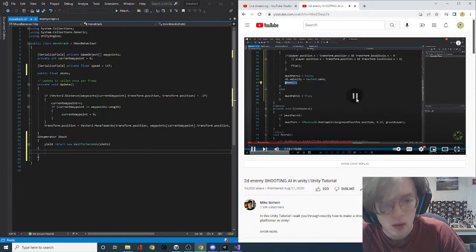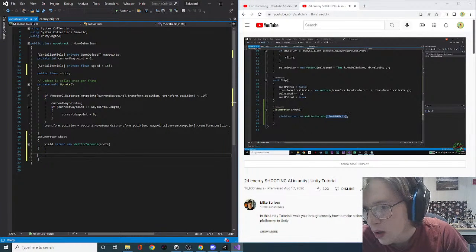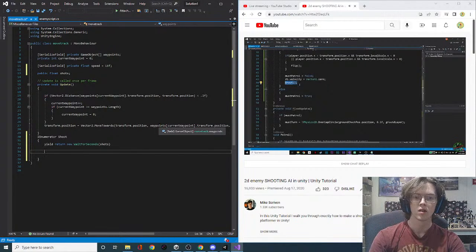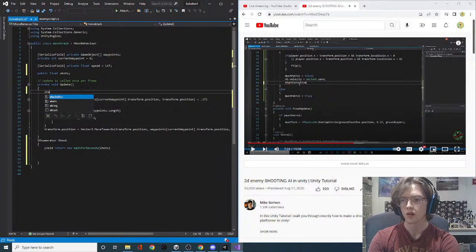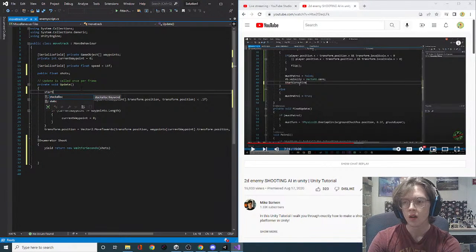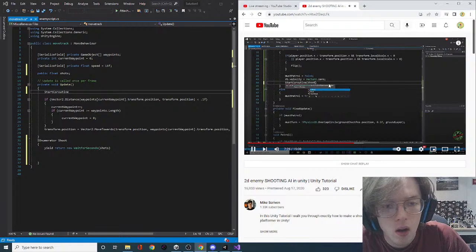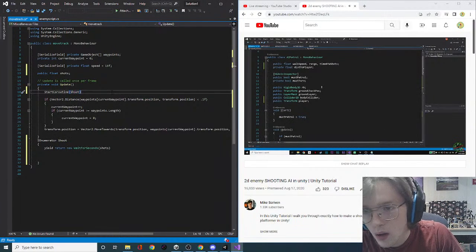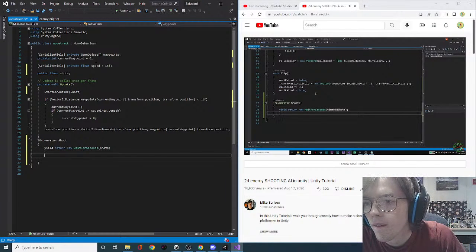And now to start our IEnumerator, we can't just call it like this. We have to say StartCoroutine and we'll input shoot. We also need to make a public game object, which is going to be our bullet that we're going to shoot. Bullet. And in our shoot function, we're going to create